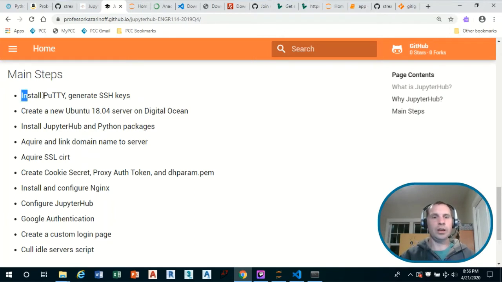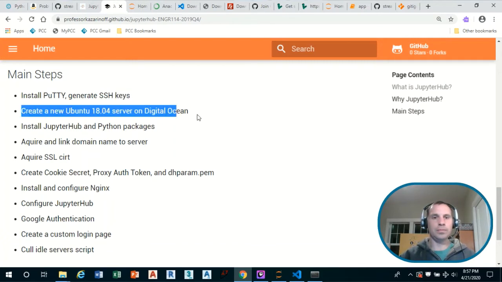So first, we'll have to install PuTTY, which is a program that allows you to communicate with servers over SSH. And we're also going to use a program called PuTTYgen to create SSH keys.